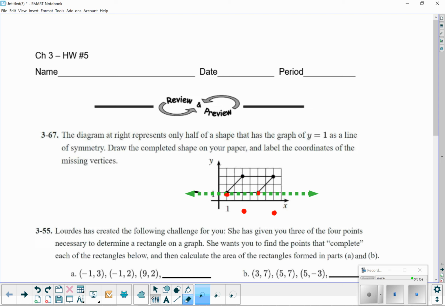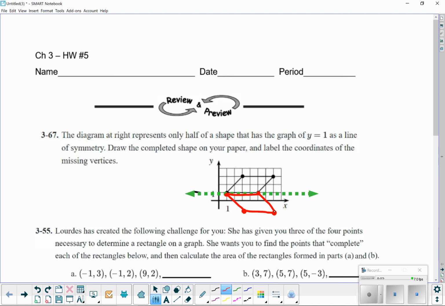And all I have to do is just connect the dots to each other, and that will be my completed shape. So it should look like this, and this, and this, and this. Okay,